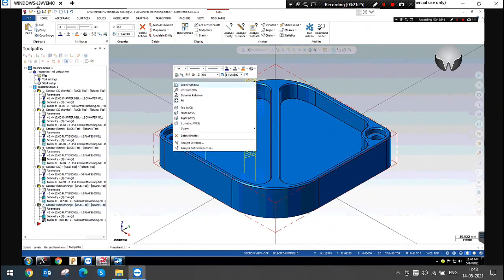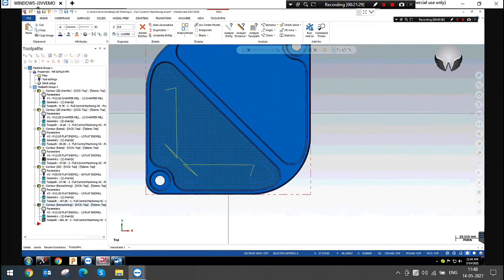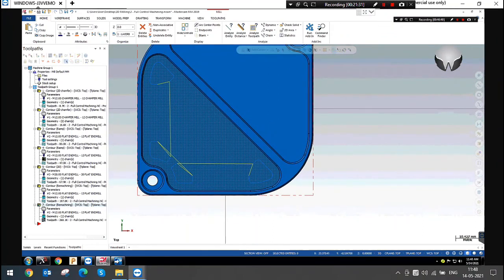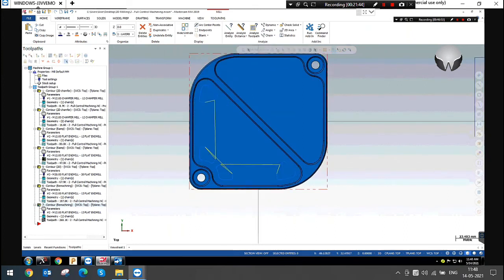Brother, this is not calculated. This is your wish. If your tool will enter safely, you can give the clearance at least 1 mm or 2 mm. Okay, so this is the remachining option in contour.